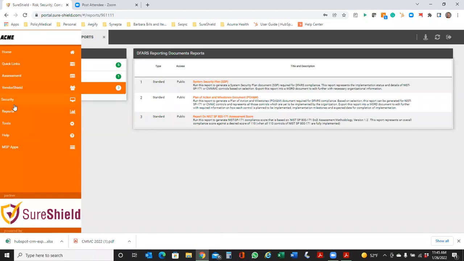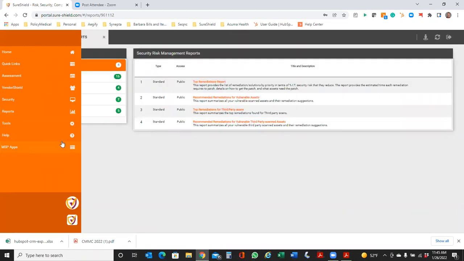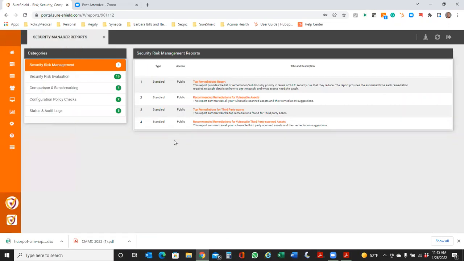So all of those are part of the program to help you meet your current requirements as well as your future requirements. You also have various types of security reports. Again, as we mentioned, there will always be vulnerabilities. There's always going to be new things introduced. It's not something that should be done as a one and done.